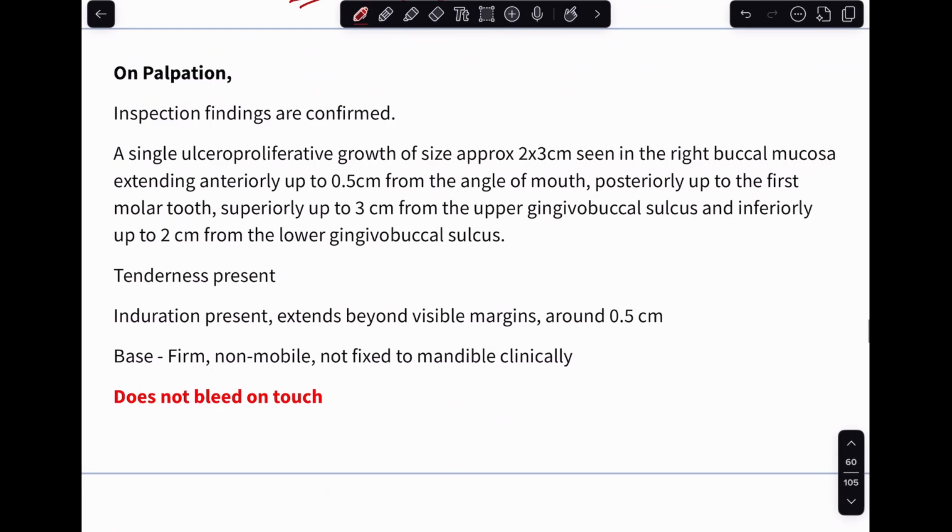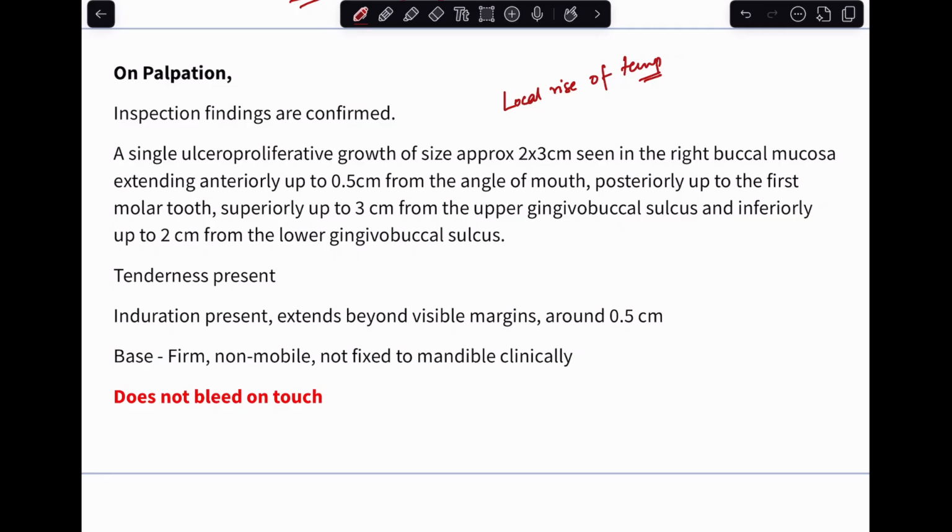Last of all, we have found that it does not bleed on touch. Before we go into that, I wanted to mention that here I have not mentioned local rise of temperature. Usually, that is something we examine when we are palpating and seeing an ulcer. Here, we are not doing that because when you're examining the oral cavity, you don't just put your finger in